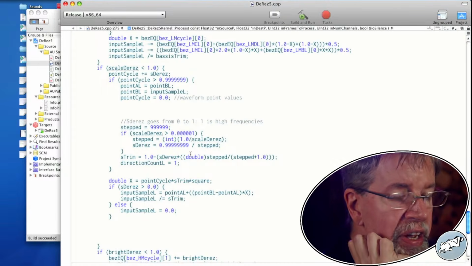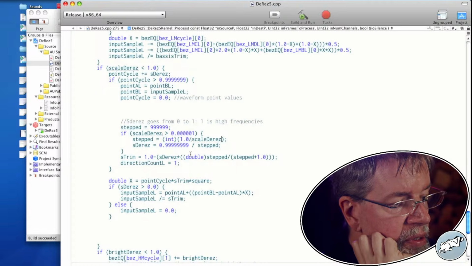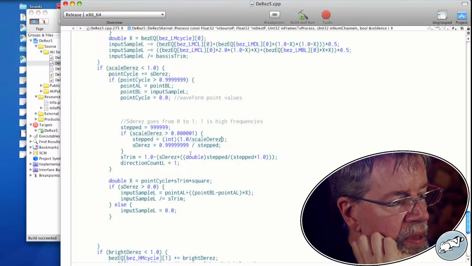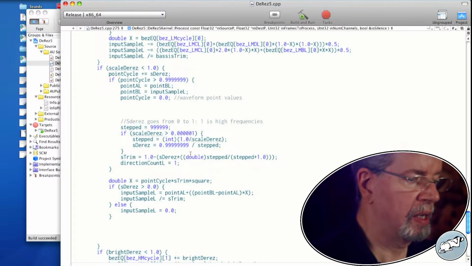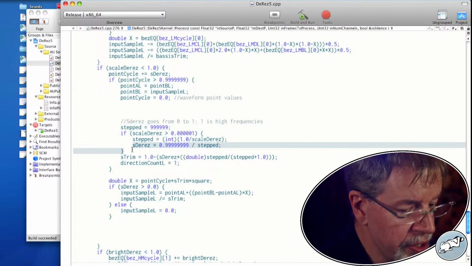Part of that is a test to see whether scale dres is 0 so that we do not simply divide by 0. We don't need to have SDRes within that, so we're not going to.